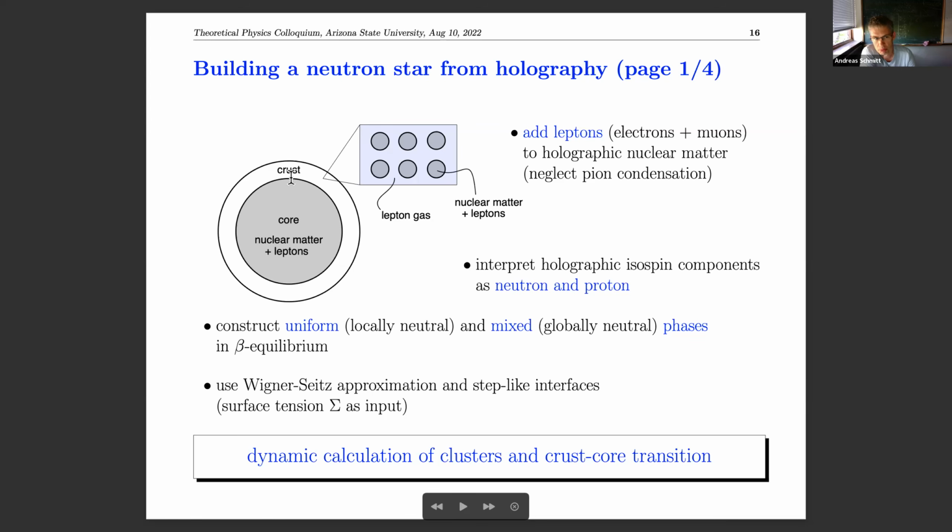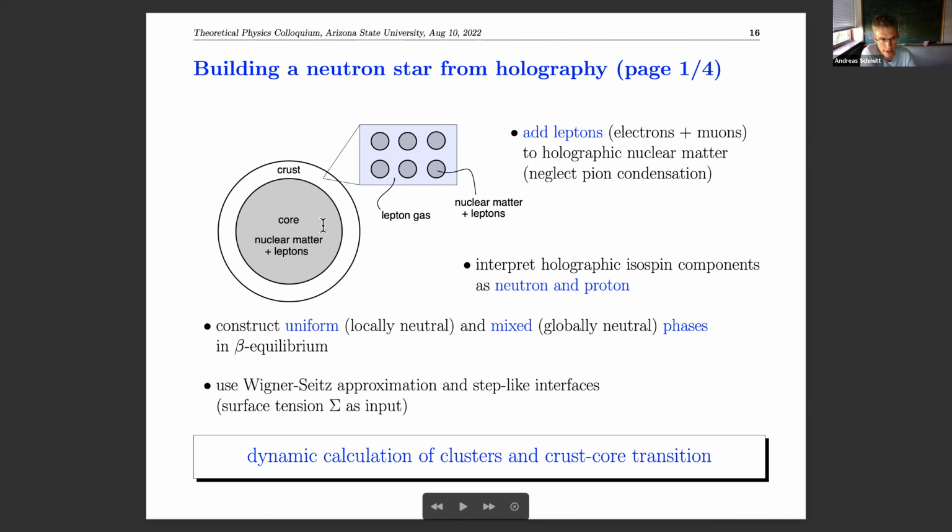And you might argue it's sensible to do that because at low density, we understand what's going on. Why would we need holography, right? You could ask that question. And that's true. But what we gain, of course, is that we have a fully consistent picture of the whole star. In particular, we can determine the crust-core transition, where it happens, at what density it happens, fully consistently in that model, right? Whereas in other cases, you just have to assume a certain crust-core transition. So that's what the philosophy is.